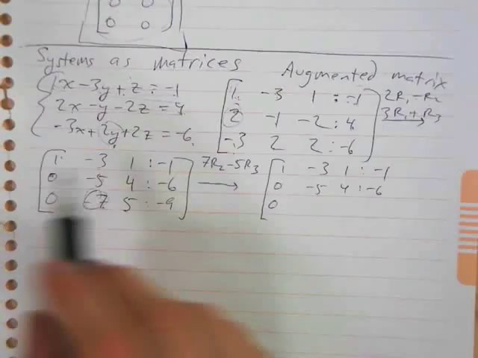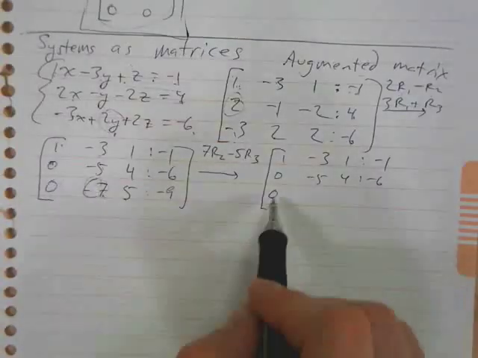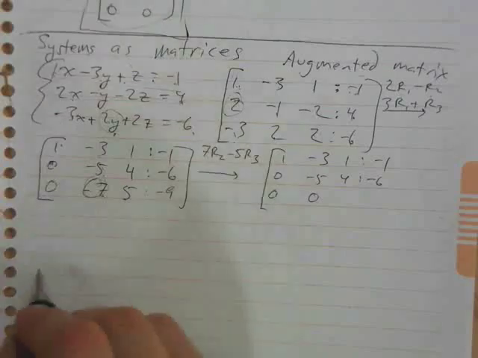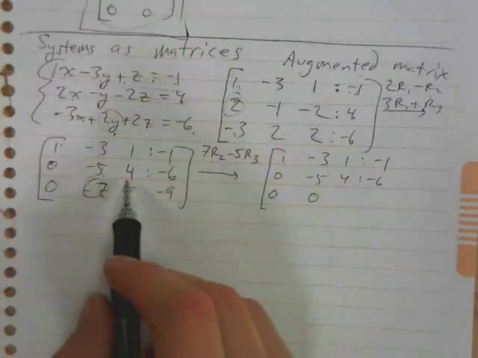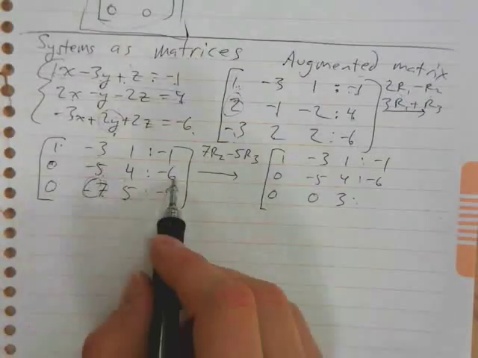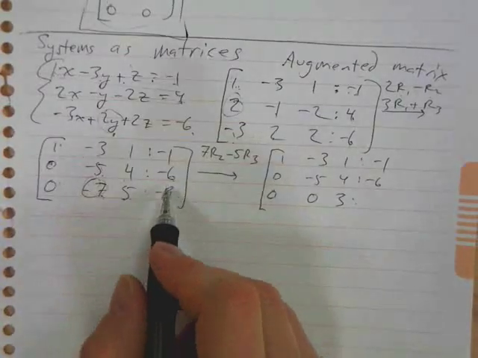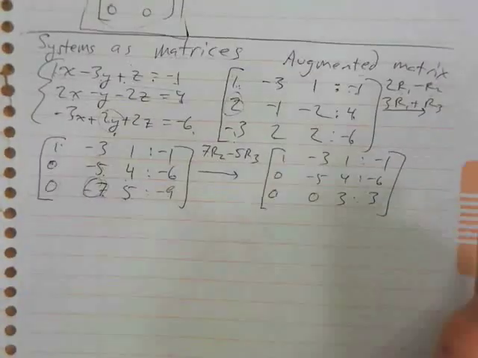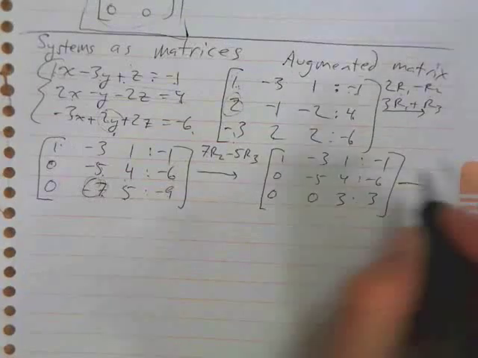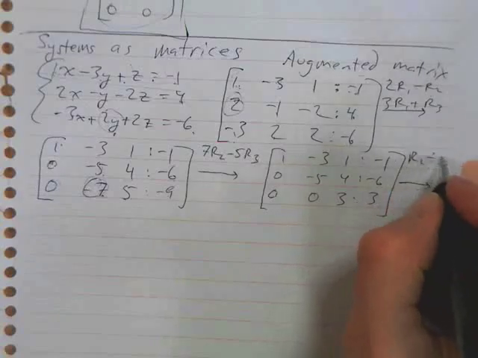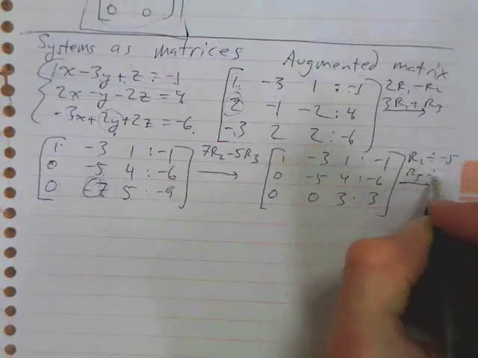And the third row, 7 times 0 minus 5 times 0 is just 0. That's negative 35 plus 35, also 0. And then we have 28 minus 25, which is 3. This is negative 42 minus negative 45, so that's negative 42 plus 45, which is also 3. Then our next step is to make 1s on the diagonal. So we take row 2 divided by negative 5 and row 3 divided by 3,